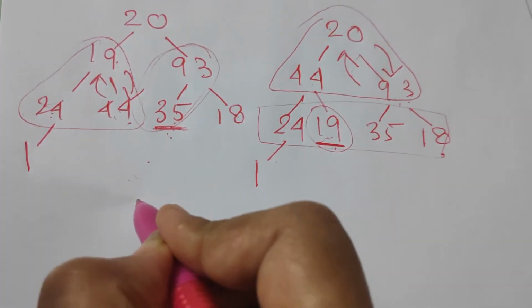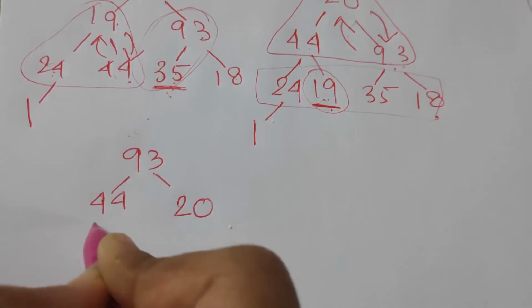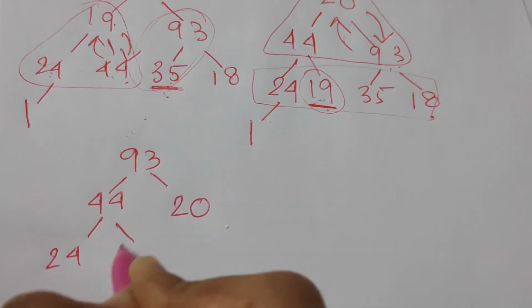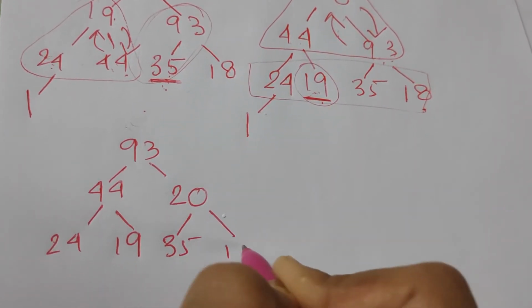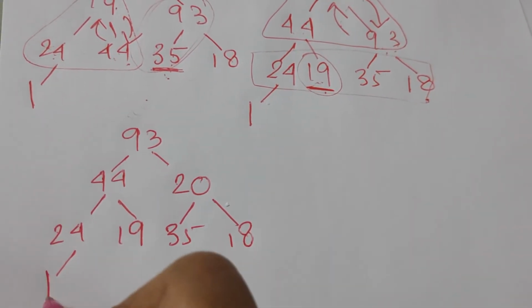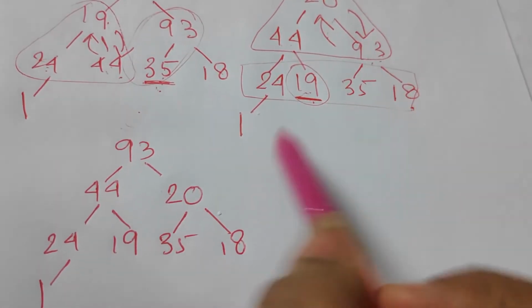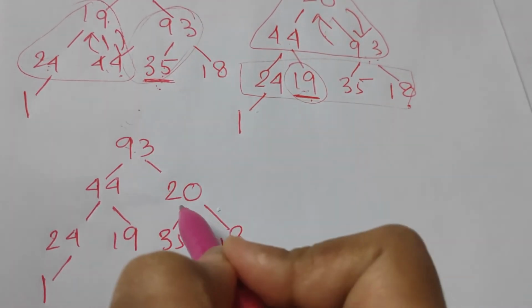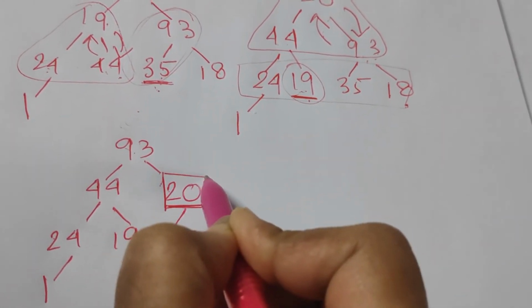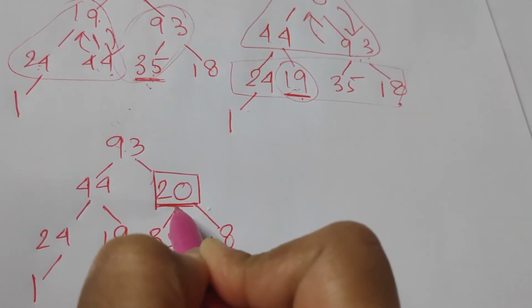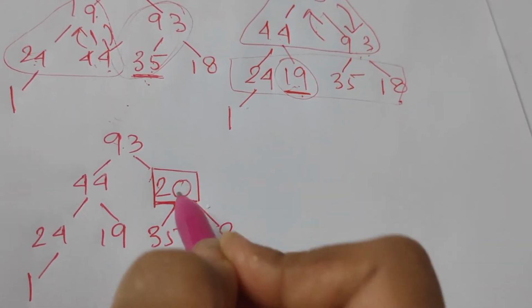tree as 93, 44 as the left child, 20 as the right child, 24 and 19 children of 44, 35 and 18 children of 20, and 1 as child of 24. Now again, as I have discussed in the previous case, 93 was at this position which got replaced by its parent. So we will check the value at this position again to re-verify that it caters to the concept of